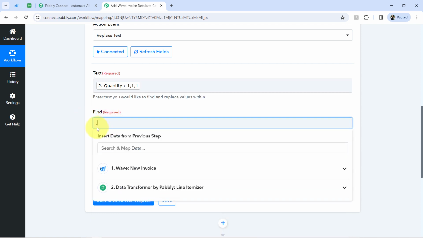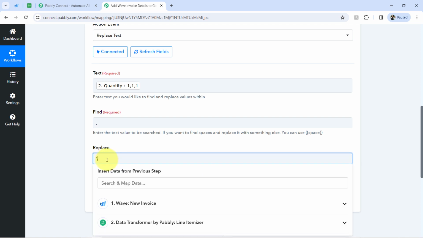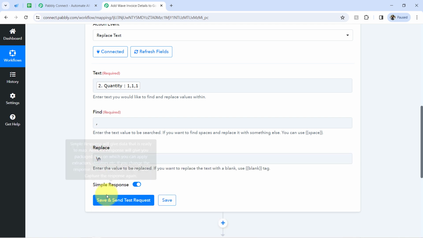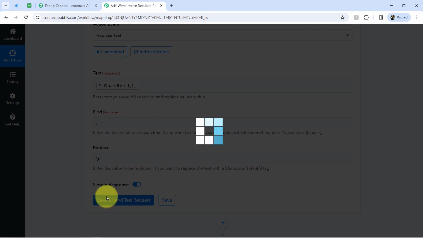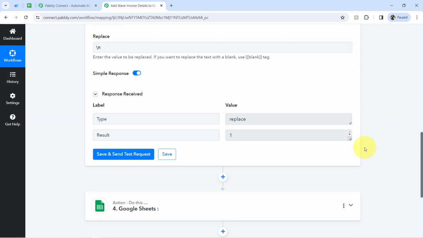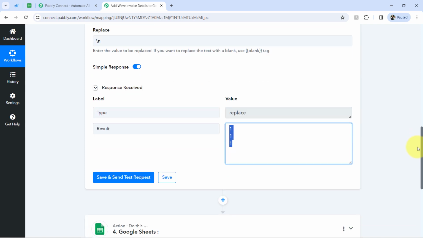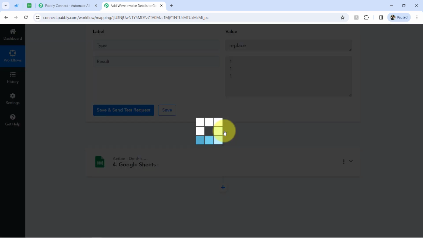So I would like to find this comma in this quantity value, and then I would like to replace it with a /n. Clicking on this button, save and send test request, and you will notice the magic that all these commas will be gone. So here I have all the quantity. The first thing is done, and now I will click on this plus icon and apply